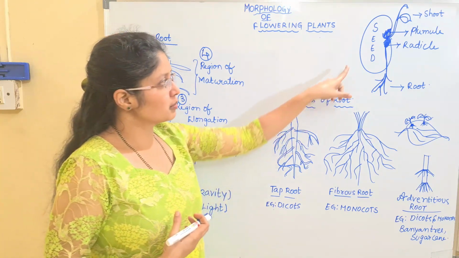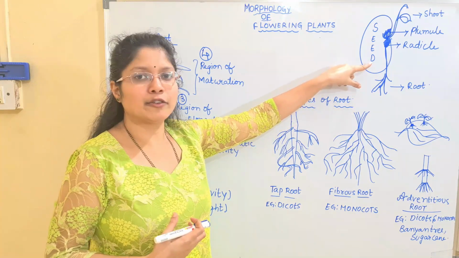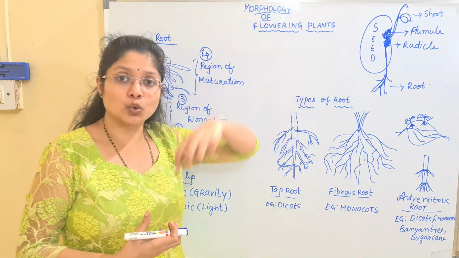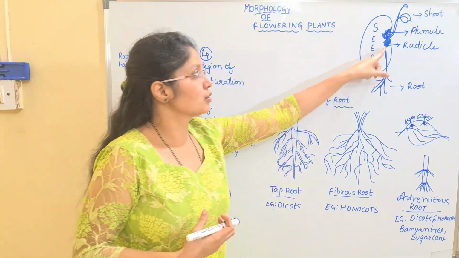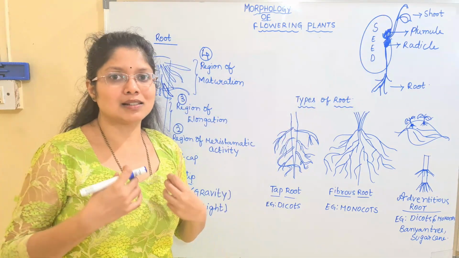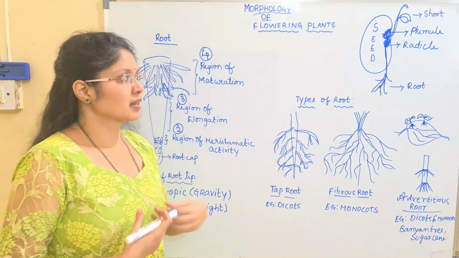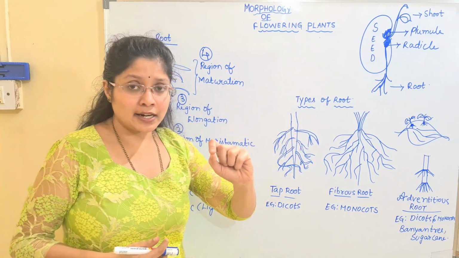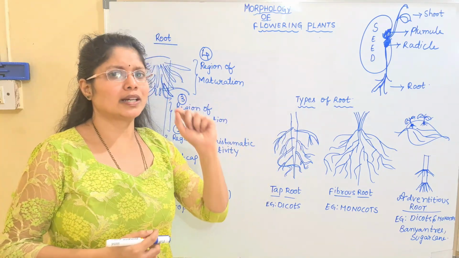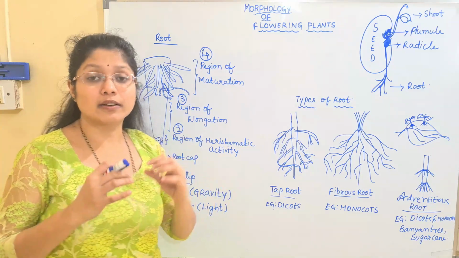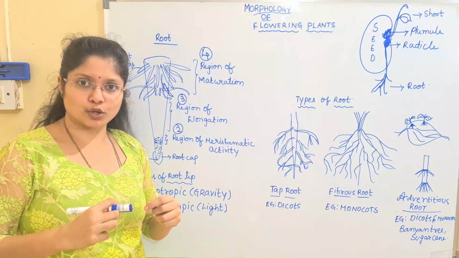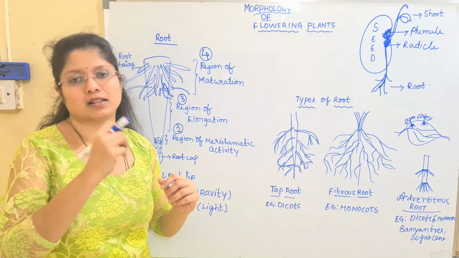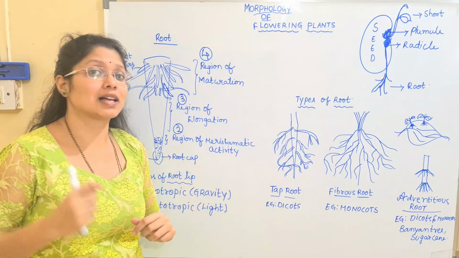Whenever there is bursting of the seed, immediately it will produce a root for its anchorage, and for photosynthesis it will produce a green part, that is the leaf, or you can call it a shoot. The region of the seed from where the root is produced is known as a radicle. What is it known as, children? It is known as a radicle.